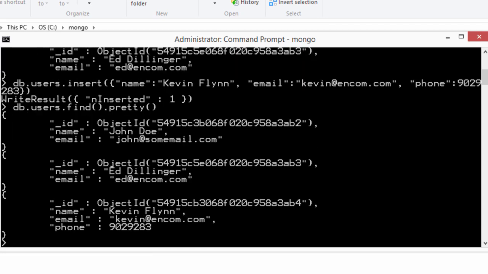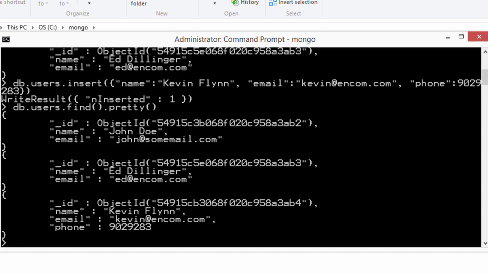As you can see, this works perfectly fine because MongoDB uses a flexible schema, so you can have a different structure to each document within the same collection. In something like MySQL, this is categorically not possible without altering the table to have a field for the phone number, for instance. No such problems with MongoDB.